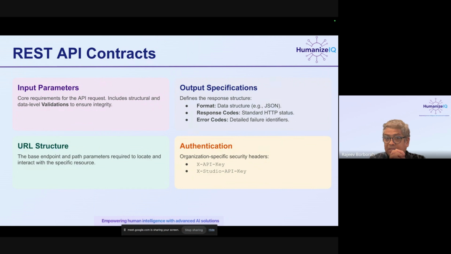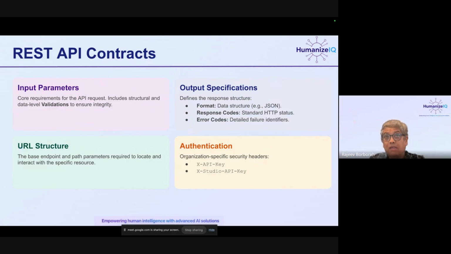One is called X API key, and one is called Studio API key, right? I think no, Studio cookie. I am mistaken. I have to correct it. It should be X-Studio-cookie. Now, X API key is a key which is created in a backend system. So we have a database where we can create an API key. It is to be used between application to application. So for example, when one system communicates with another system, we will use X API key because there is no user involved.